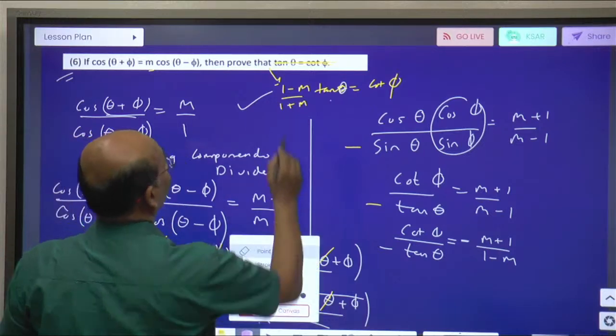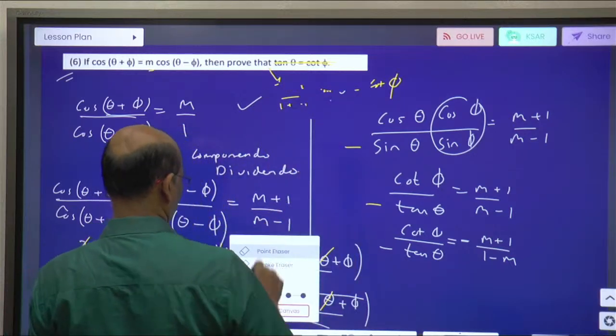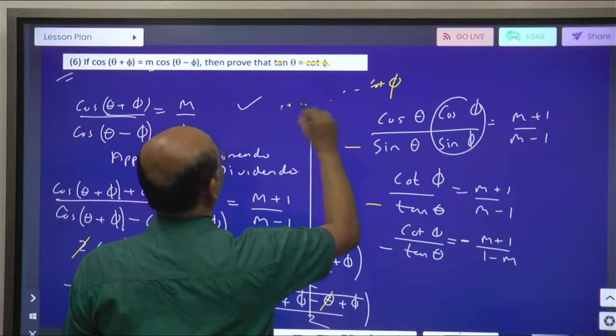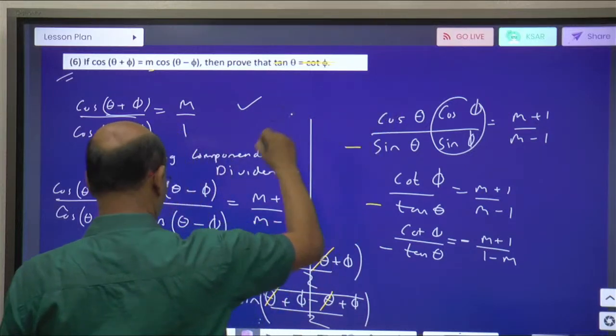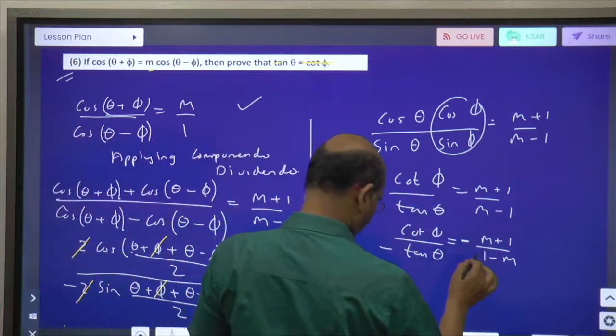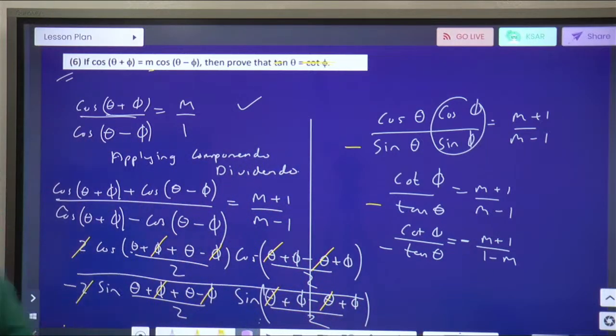Now let us write it properly. They are telling us everything is okay, we are not wrong at all, there is no need for this, minus minus will become plus. What they are asking us to prove is